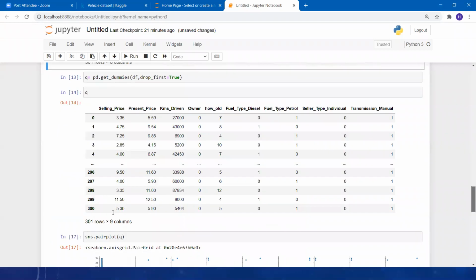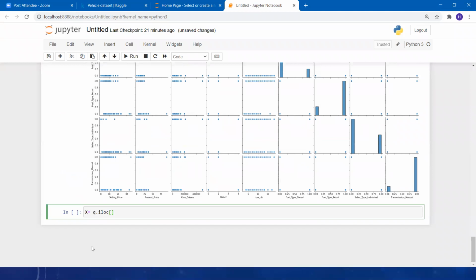So I will select all the rows, comma, take only first onwards values. What it will do is skip your 0 index, and the rest of the things it will take.